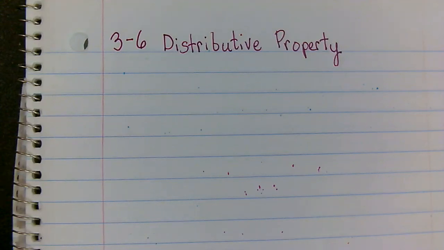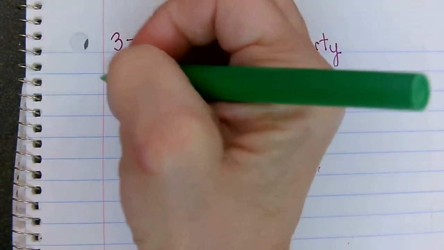Okay, students, we have 2 pages of notes that we're going to go through today on section 3-6. We're going to start with distributive property, all right? Just put a little asterisk down here